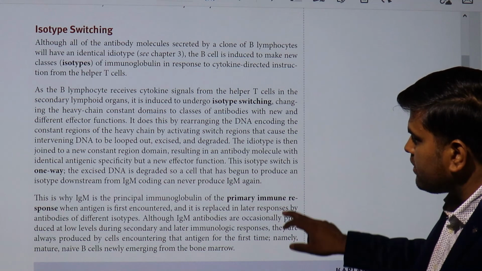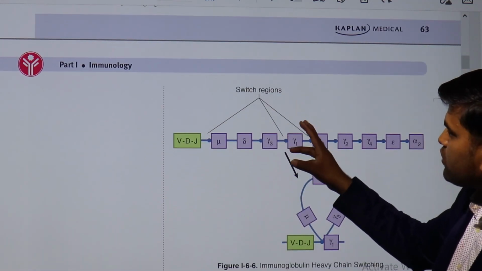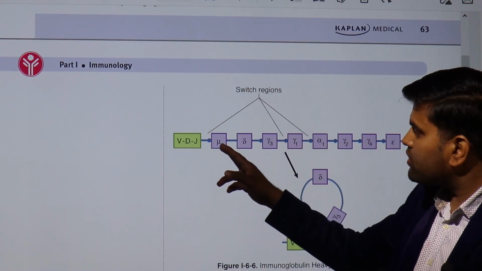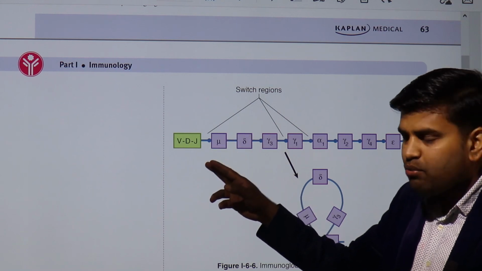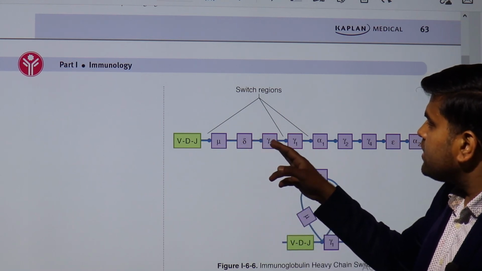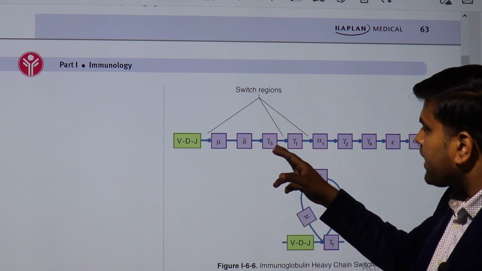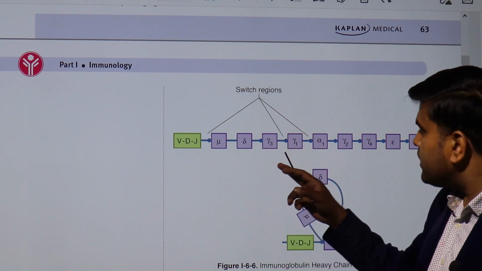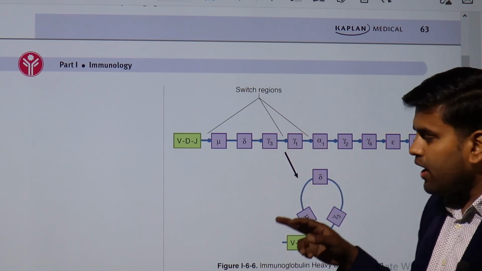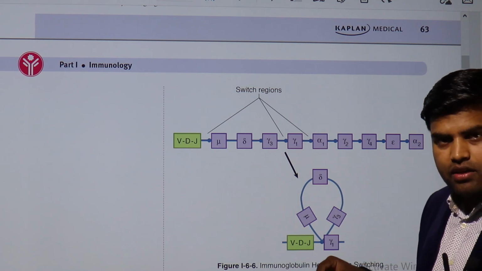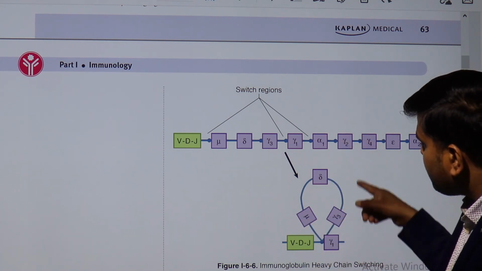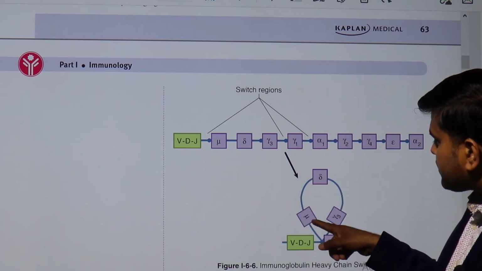You can see over here, this is your initial VDJ combination. First is the mu, so immunoglobulin M is released. After that, delta leads to immunoglobulin D, gamma leads to immunoglobulin G, then alpha is immunoglobulin A, and epsilon is immunoglobulin E. So it depends upon the signal and the looping out. So since this was initially from mu,